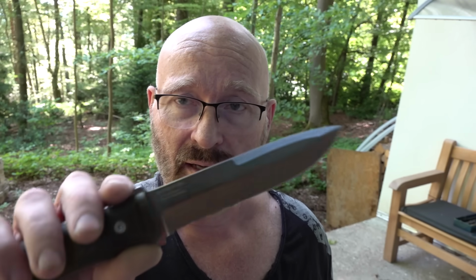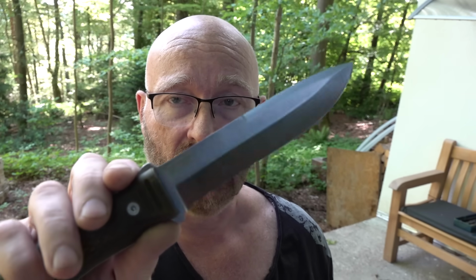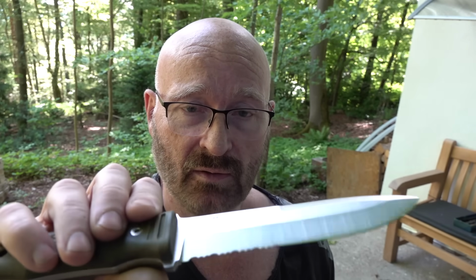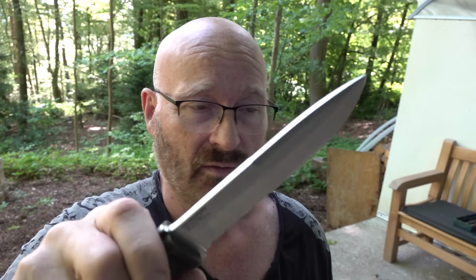The steel is D2, and I actually have to say that I am very fond of D2 steel. I have a lot of knives, and a lot of them have really expensive steel. I like D2 because it's just a perfect combination between something that you can sharpen by yourself, and then on the other side it also retains its sharpness really well. It's also not overly expensive, so you know, make this in Magna Cut and then it's all of a sudden costs 3 times as much. Anyway,